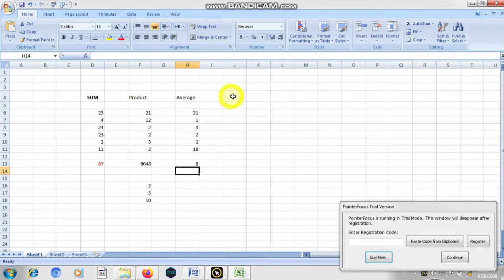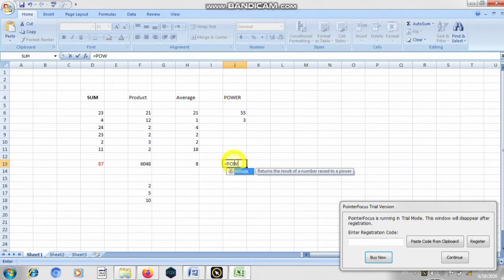Next one is power. As you know, you have studied in mathematics how to calculate the power of a value. I have two values, the first one is 5 and the next value is 3. Click here, and it will also start with the equal sign.